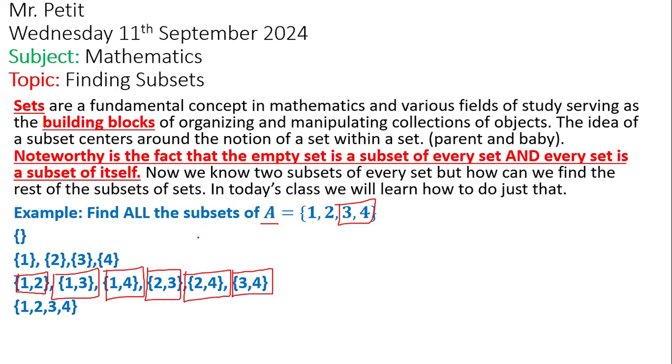Okay, that's a good point. But if you notice, we are going in order. So we first started with the empty set, right? And then we go to the singleton, right? And then we go to ones that have the 2. And then the next step is we're gonna go to ones with the 3. But in this row, I only want the ones with the 2 elements, okay? Makes sense? In the second row, I would do the ones with the 3. But in this row, I only want the ones with the 2.